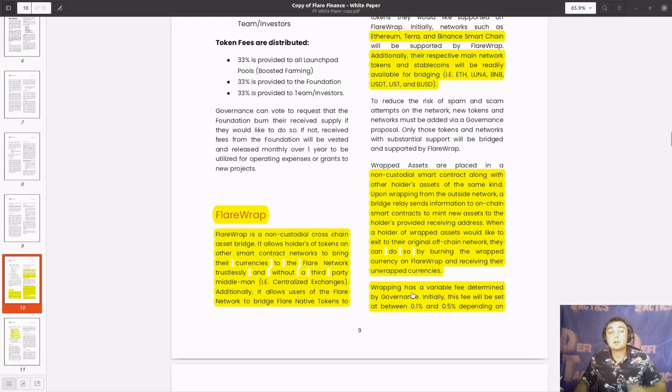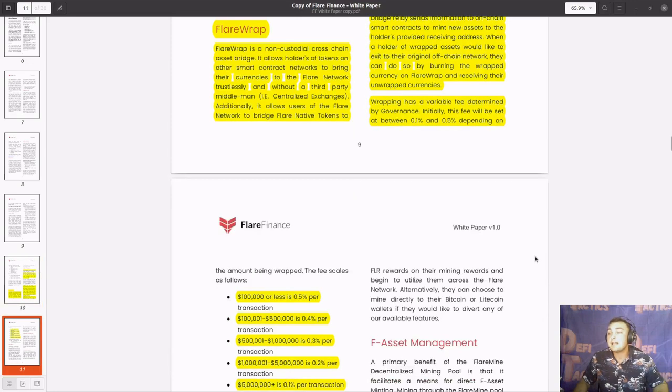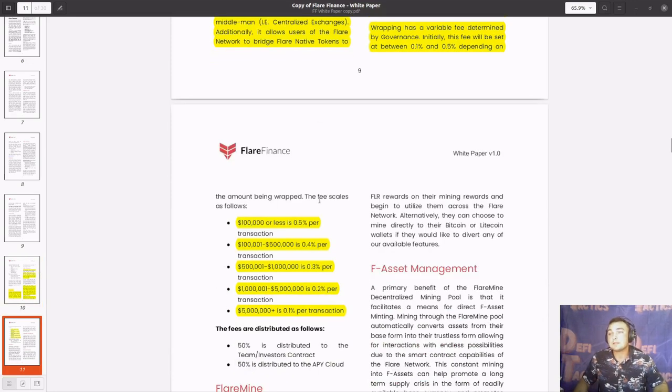So wrapping or converting, say, XDC to YXDC has a variable fee determined by governance. Initially, this fee will be set at between 0.1% and 0.5% depending on the amount being wrapped. So, from $100,000 or less, the fee will be 0.5% per transaction. As you can see, there's a scaling structure, so as you go up, the fee drops up to over $5 million per transaction. We'll have a fee of